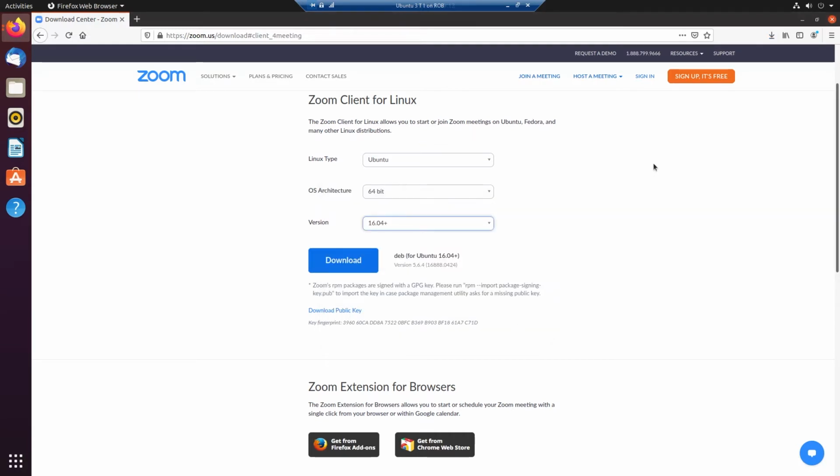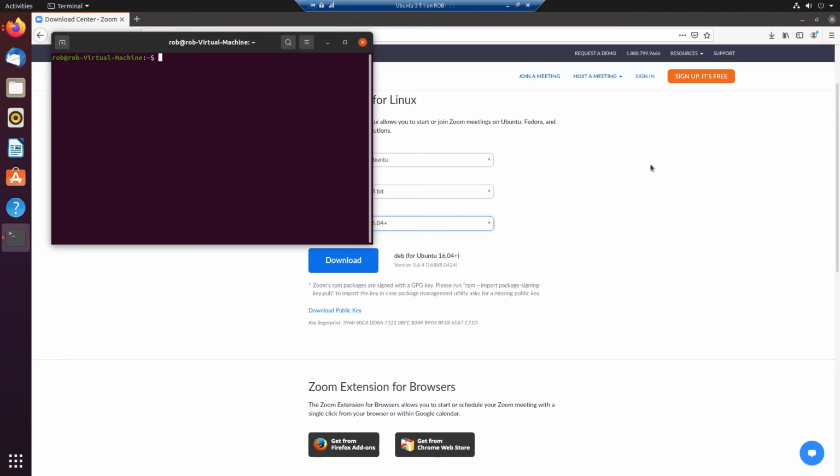So now you type in Ctrl-Alt-T, cd Downloads/. I need to know what it's called, and it's called not Teams, but Zoom_amd64.deb. That's a long name, but we type in sudo apt install ./zoom, tab key. It fills out the entire title of the file, and now you press enter.